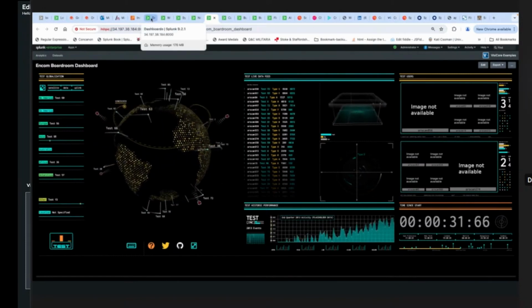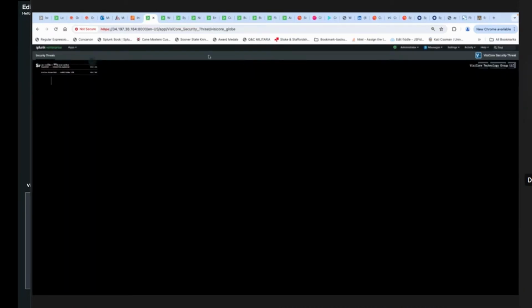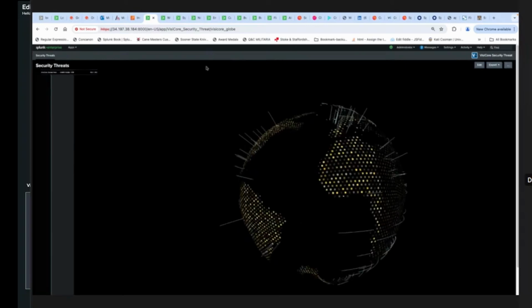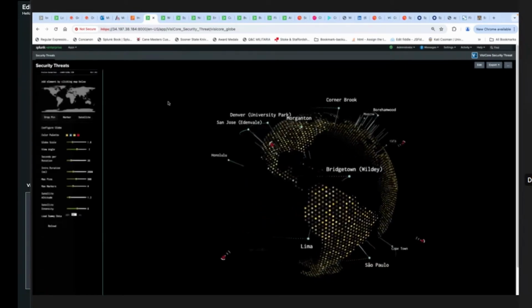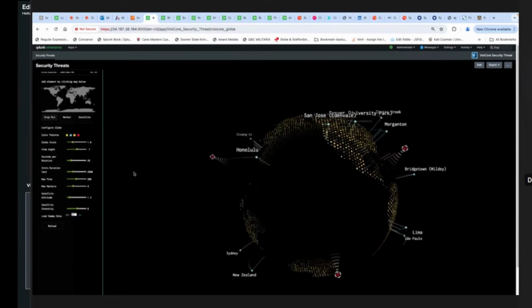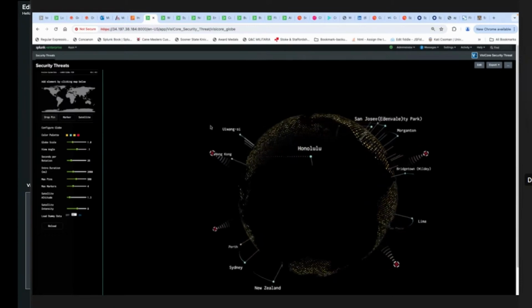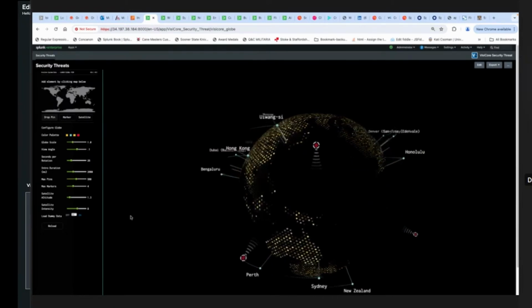If I go to this one, this is using the same technology that we just showed for the Tron dashboard, but we're actually using it inside Splunk. So the data that's populating this information for the world is actually being pulled from Splunk.